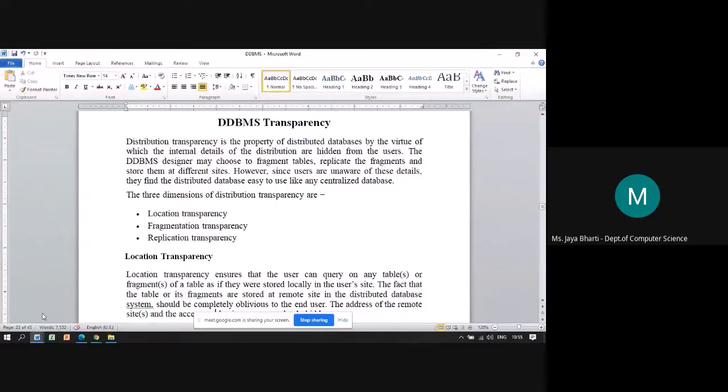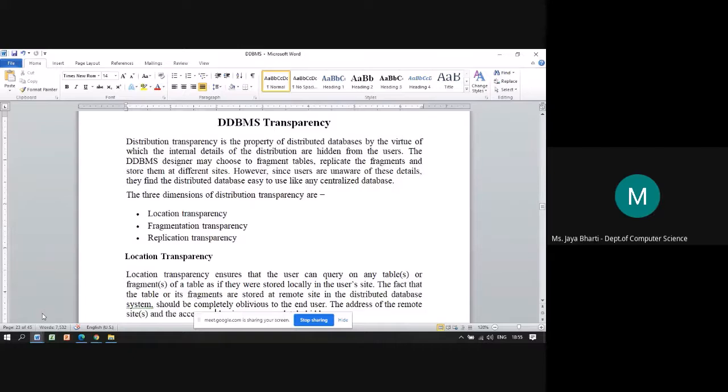Since users are unaware of these details, they find the distributed database easy to use like any centralized database. As a user, I will feel that there is only one database and I'm accessing it. So there are basically three types of distribution transparencies: location transparency, fragmentation transparency, and replication transparency.